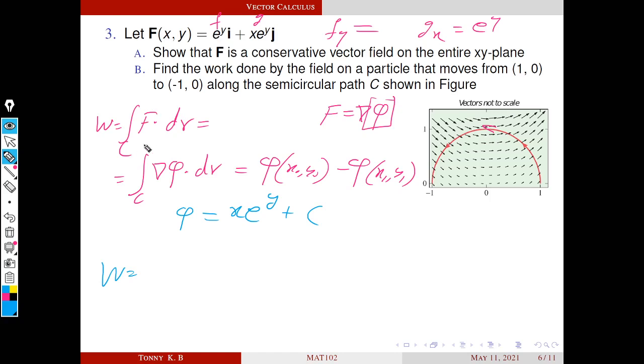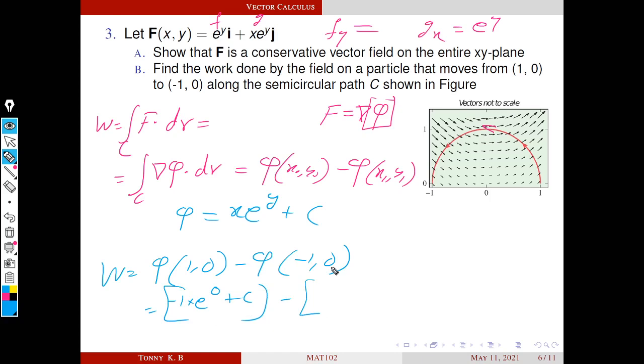So our work done is the integral over c of f dot dr, that is equal to the integral over c of del phi dot dr, and we know how to compute this one. This is equal to phi of the first point minus the second point. So phi of our starting point 1 0 minus phi of the terminal point, that is minus 1 0. What is phi of 1 0? Phi of 1 0 is minus 1 times e raised to 0, plus c is a constant, minus, what is phi of minus 1 0? Whenever we substitute this,